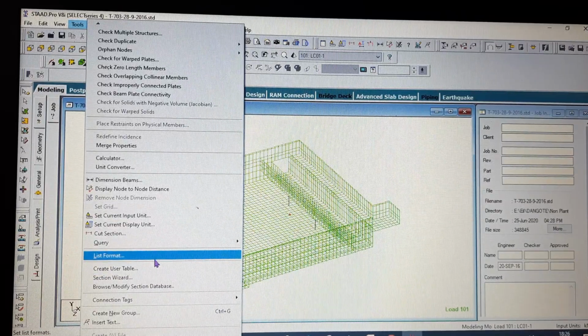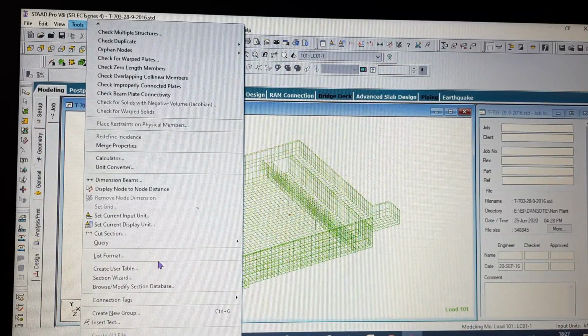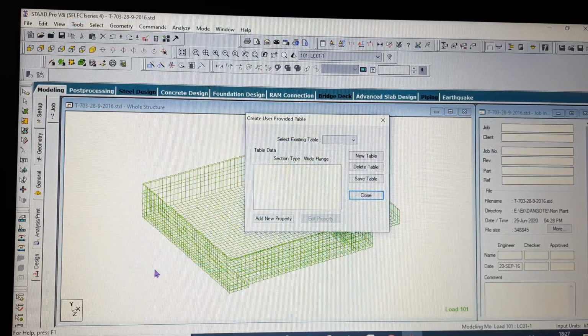Next thing is your create user table. Create user table is a functionality through which you can easily create a user table to use in your STAAD. This is very much useful in case of steel sections.